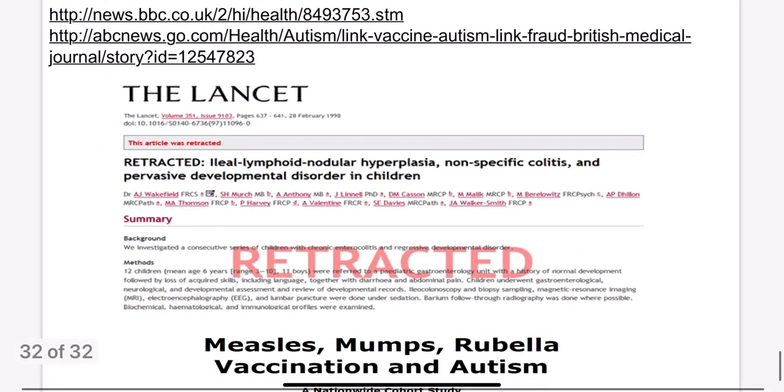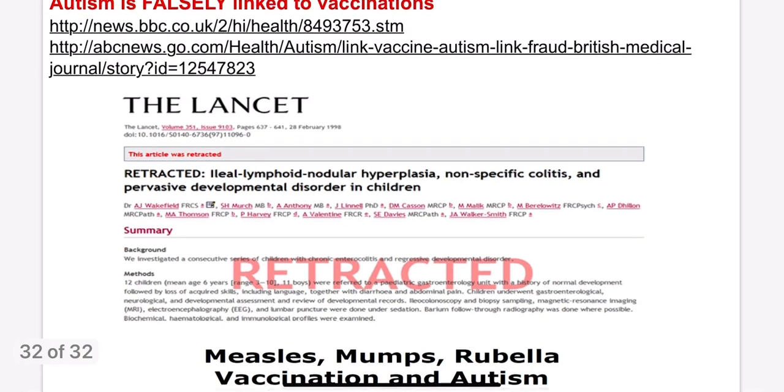I want to end off by just pointing out something that is very, very important, and I can't stress this enough. Over the years, I've had many students tell me that autism is linked to vaccinations, and they've even given me some examples of how in their family, say they had a sibling that developed autism after having a vaccination. I do want to point you to these very important links I've shared here from the BBC and also some from ABC News. And these are not new. In fact, some of these are from the 90s,